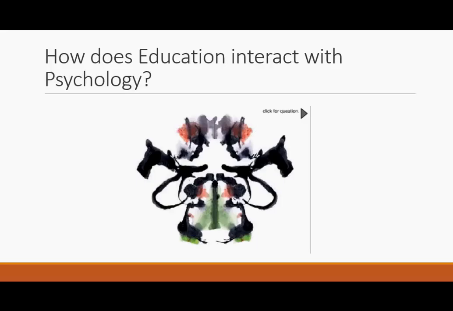Basically, we think of psychology as something like what we see here, a Rorschach image, which is a test that psychologists use to get at unconscious motivations and desires. In this case, we're going to be doing less of that. We're going to be studying more about